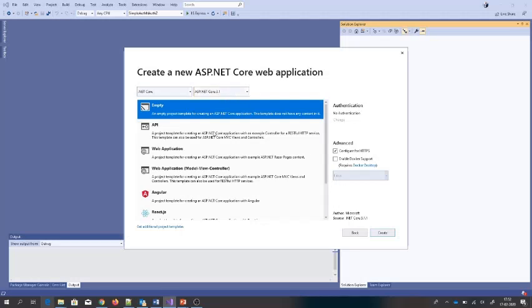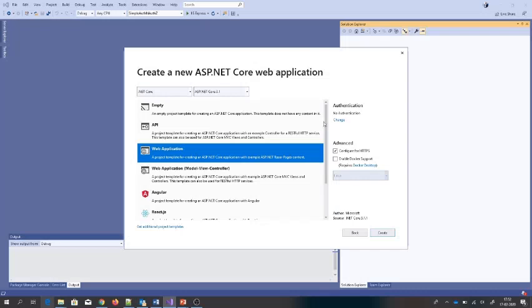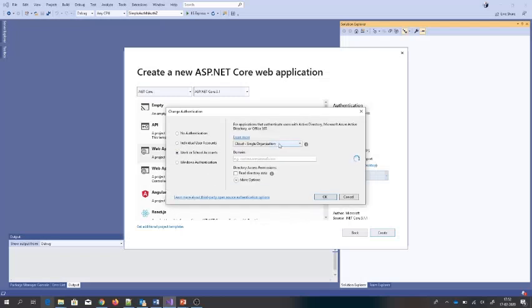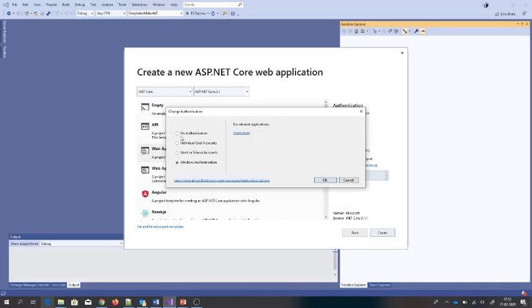It also asks me, I can simply create a web application using authentication, and then I can change authentication to whatever I want, like individual, and then I can store user accounts in app, connect to existing users, store in the cloud, and with this SSO single sign-on thing, you can also use this. So you have many options for authentication and authorization. You can create a default application using that, but